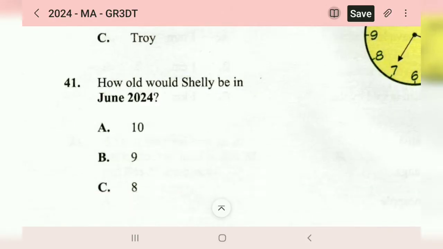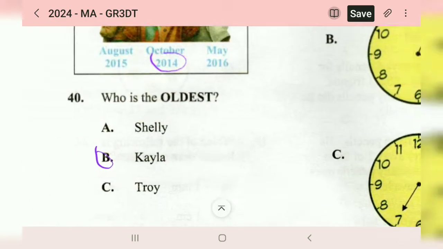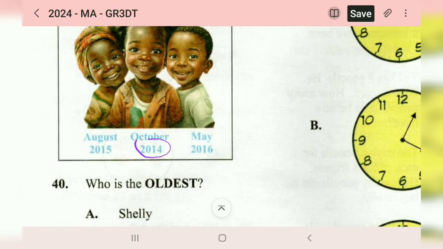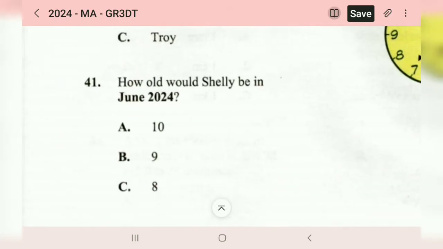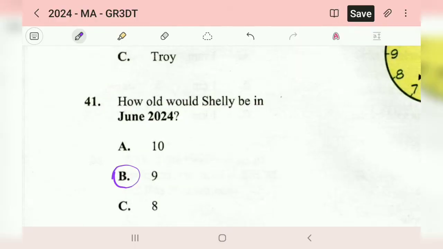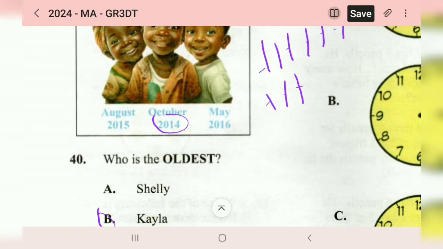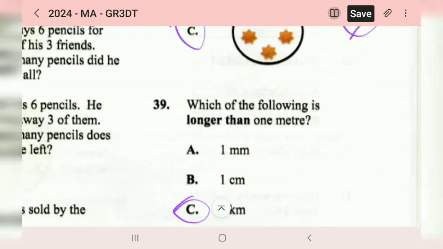Number 41. How old would Shelly be in 2024? So she is at 15, then 16, 17, 18, 19, 20, 21, 22, 23, 24. 1, 2, 3, 4, 5, 6, 7, 8, 9. She's going to be 9. But you could also do it another way. You could just subtract 15 from 24, and you would get your answer just the same, because that's asking about her age in 24. Moving on to